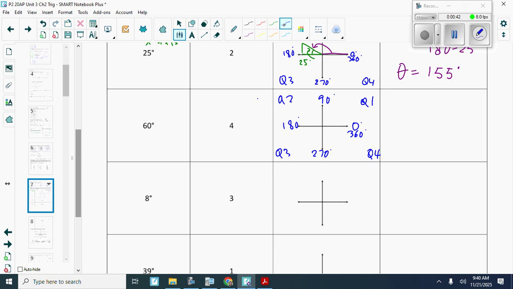Okay. This one said that we learned about our standard angles, right? Where our initial arm is starting at the origin, 0, 0, and that goes along the positive x-axis. And then our terminal arm ends up in one of the 4 quadrants. And combined with that, we learned about something called the reference angle. The reference angle is always from the x-axis down to the terminal arm or up to the terminal arm. So in this one, we would have started with our initial arm on the positive x-axis,